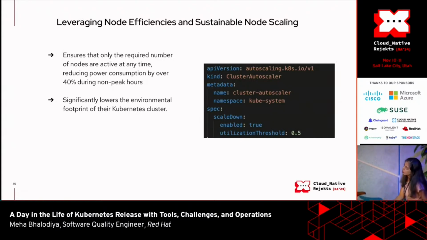Thirdly, leveraging node efficiencies and sustainable node scaling. So, what we can consider is a Kubernetes cluster, often run on Kubernetes to manage its fleet tracking system. To improve sustainability, they configure their cluster to prioritize node scaling. Now, based on the real-time demand, as said earlier, but this is a different thing you can do,